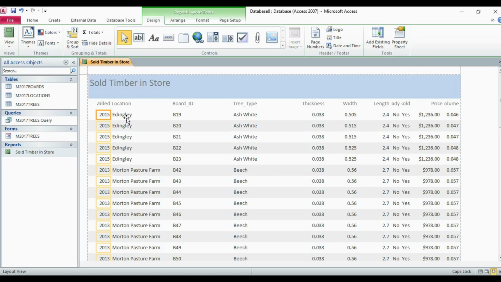After going to the layout view, now we have to set these labels. We have to make it fully visible. Now we will simply click on each of these field labels. It will be selected, then hold down the shift key and then the data will also be selected.